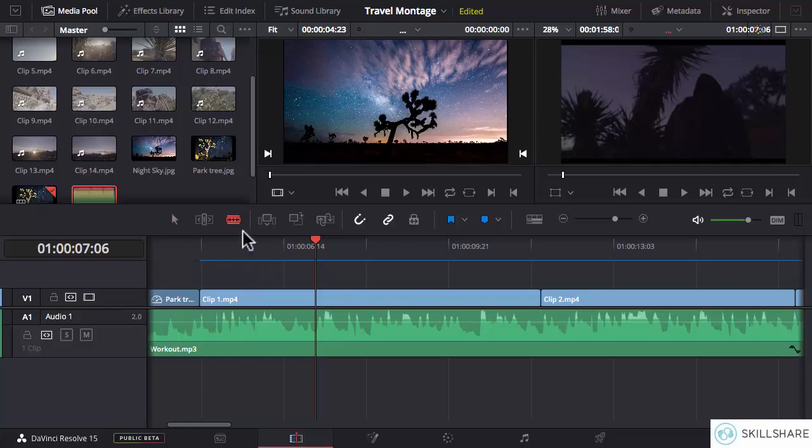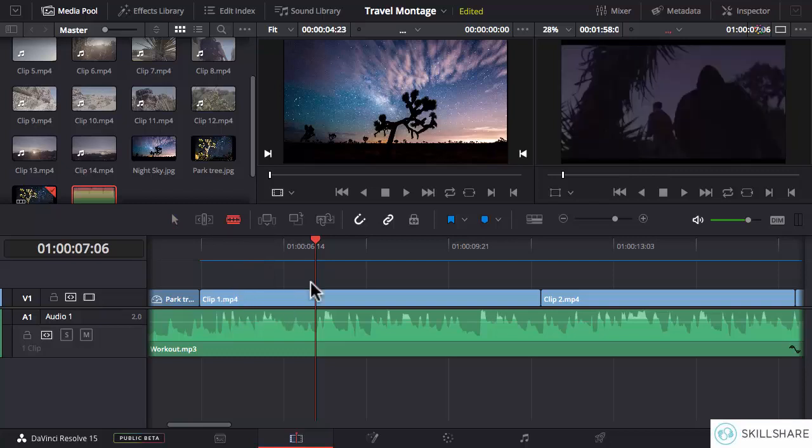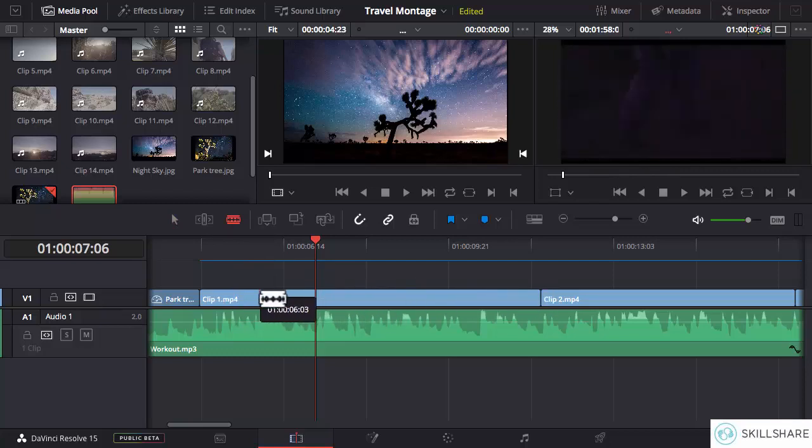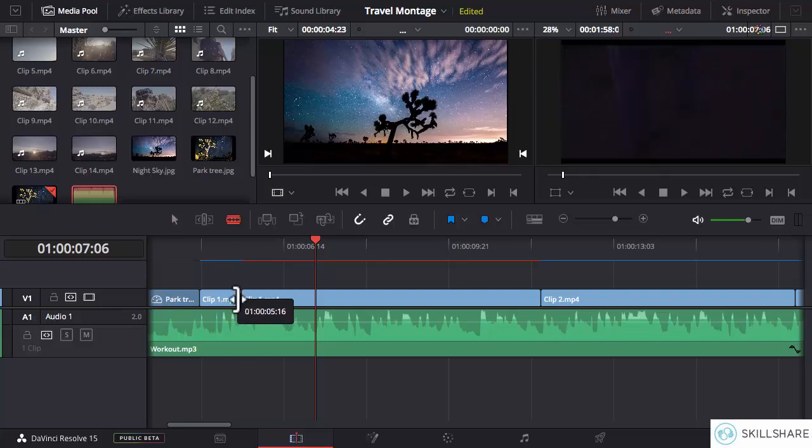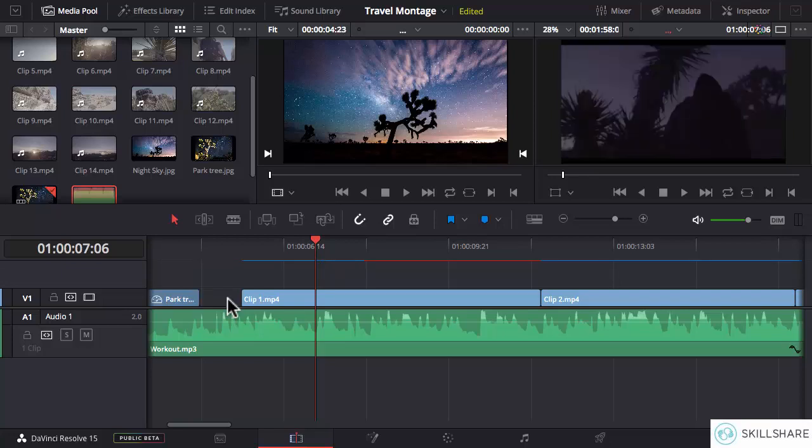So I'll press B to enable this razor edit mode. And let's try to trim these clips a little bit from the edges. So the first way is using the razor edit mode. And I'll just bring it here, press Command B on Mac or Control B on Windows and insert it. Now I can press A for the selection mode, click it, and now I need to get rid of this portion. So what I can do is I can press delete on Mac operating system or backspace on Windows and